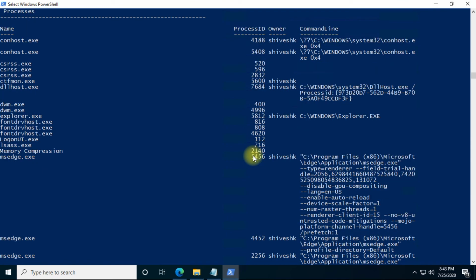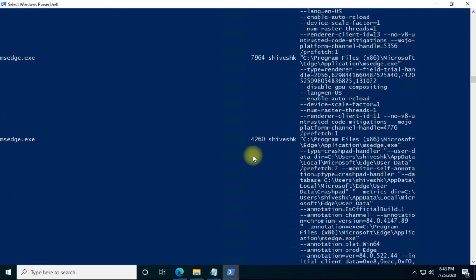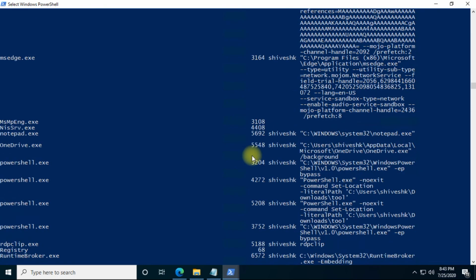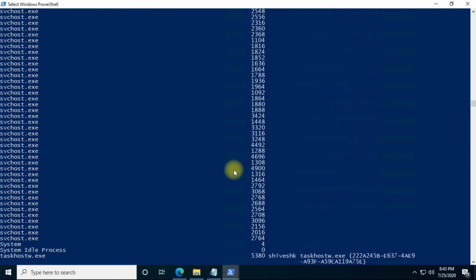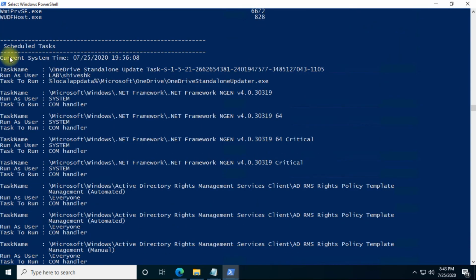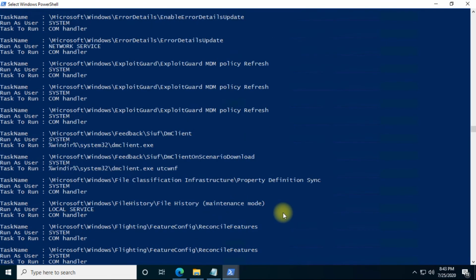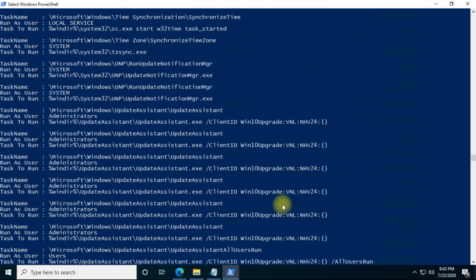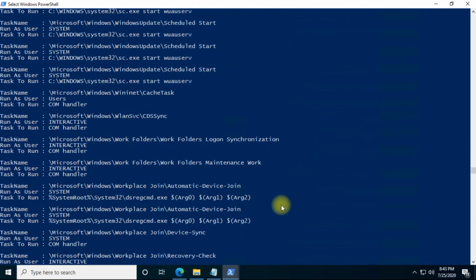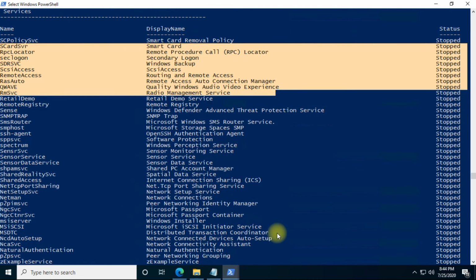You can see the services present, a detailed description of them, what scheduled tasks are running on it, whether any scheduled task is present on the system or not. Those things you can get directly over here. Then about the services, what services are running and whether they are in a running or stopped state. What installed programs are present on the system.